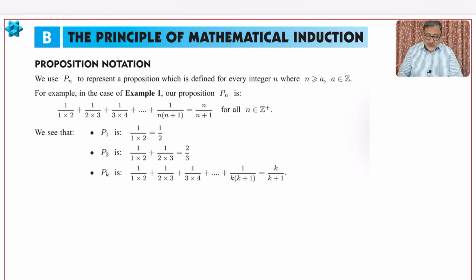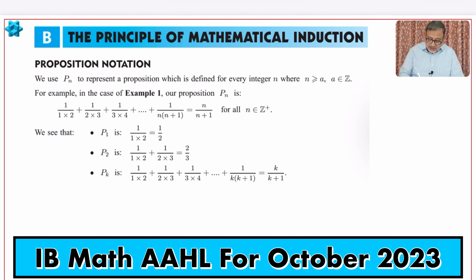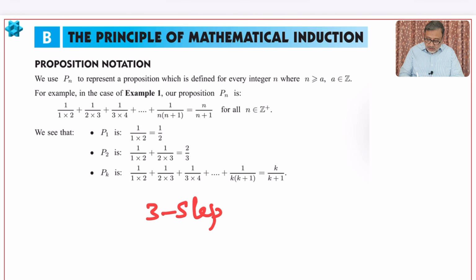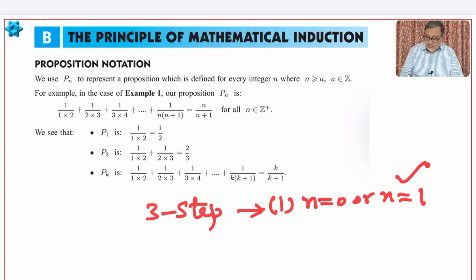So look here, what is mathematical induction? Mathematical induction has 3 steps. Step 1 will be to prove the statement when n is equal to 0 or n is equal to 1, I mean the initial condition, which will be very easy. The second step is the inductive method. We will use the inductive method,